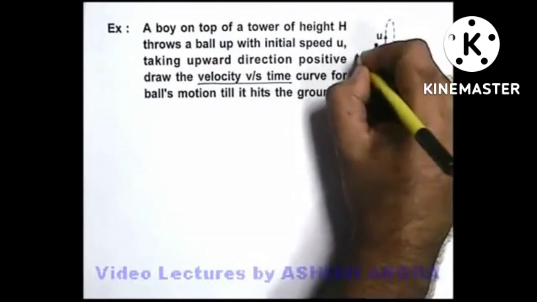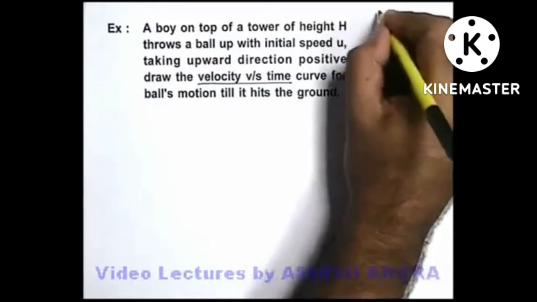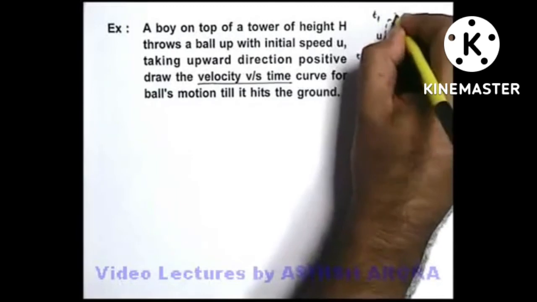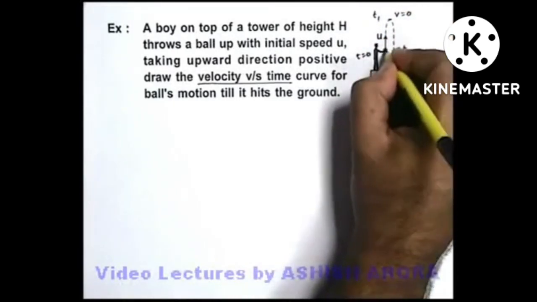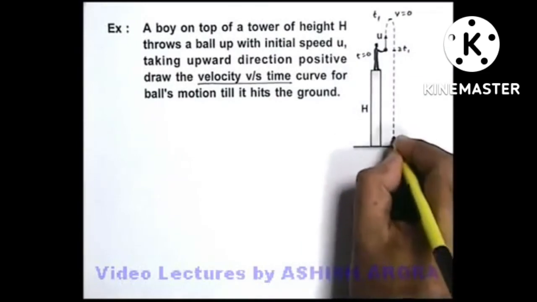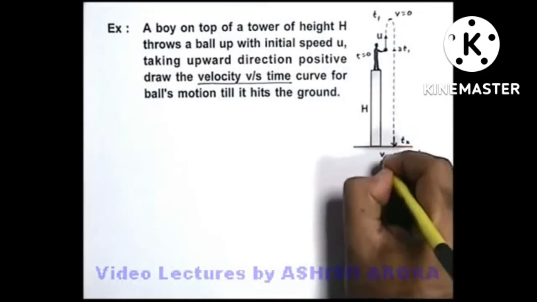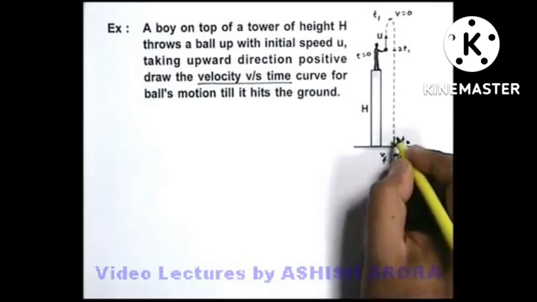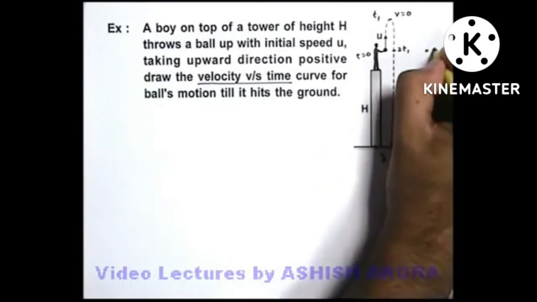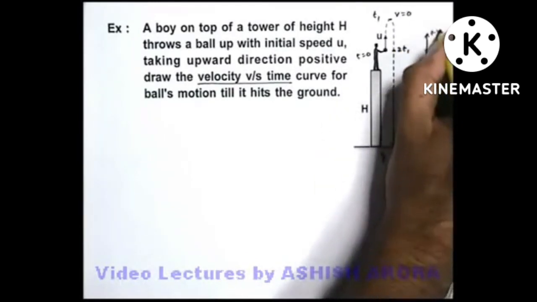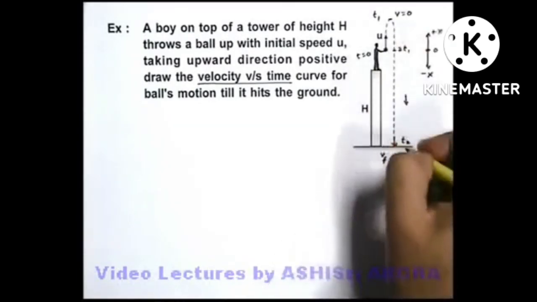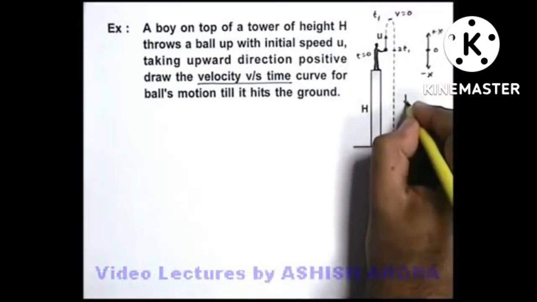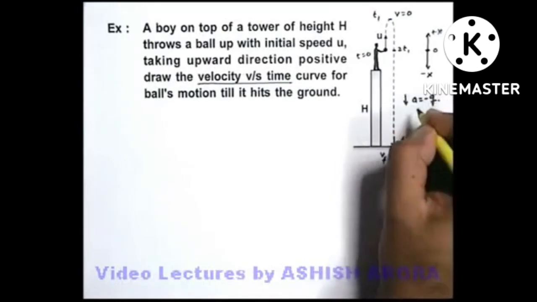So say again we consider at t equals 0, the ball was thrown. At time t1, it reaches maximum height where the final velocity becomes 0. At time 2t1, it will be back to the same level from which it was thrown. And say at time t2, it will finally hit the ground in the opposite direction with a velocity say vf. So in this situation, from the starting point, if we take it as origin, the upward direction we consider as plus x-axis, downward we take as minus x-axis, and as throughout the motion acceleration is in the downward direction, this we take as minus g.